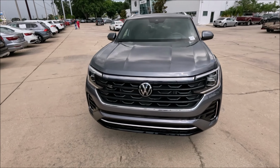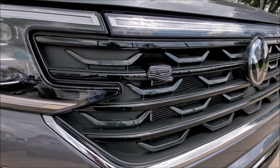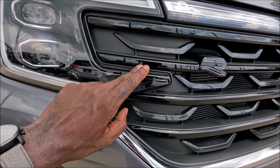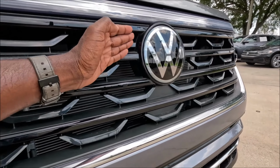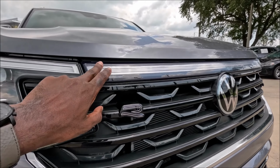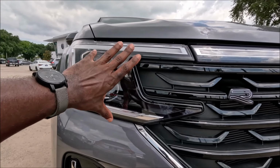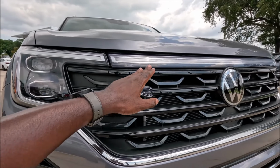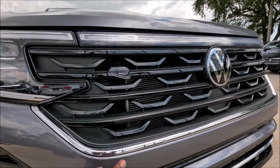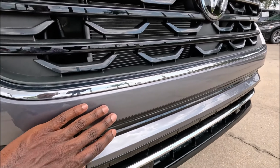So with that said, looking up front for the SEL R-Line, obviously you're gonna have the R badging right there to let you know what spec we're messing with here, with the gloss black grille surrounds, which looks really cool with the functional feed-through grille, big VW logo right up front there, the light bar going across, feeding into the LED headlamps, which we will see all illuminated shortly. But check out the whole unit there and the symmetry and flowy kind of feel when it comes to that whole setup, because then underneath you get the chrome grille, all right, you get more of that platinum gray,